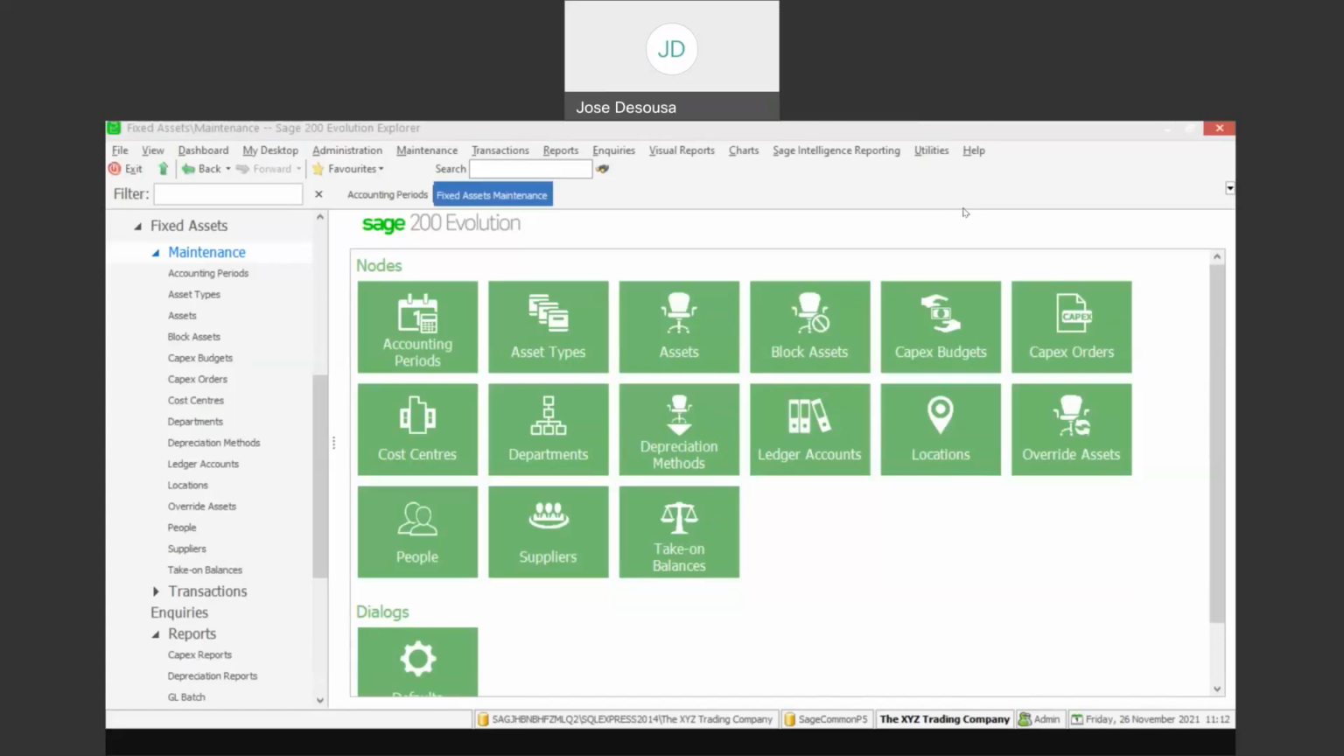We'll be covering the various depreciation methods which are available within the Sage 200 Evolution Fixed Assets module. Now, within the Fixed Assets module, we firstly have depreciation methods, which are then linked to asset types, and those asset types are then linked to individual assets, and based on the asset type, the depreciation is then calculated on the individual asset. Let's take a look at exactly which depreciation methods we can set up and make use of